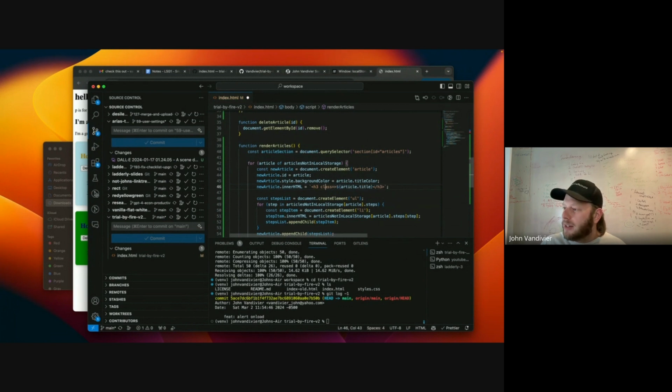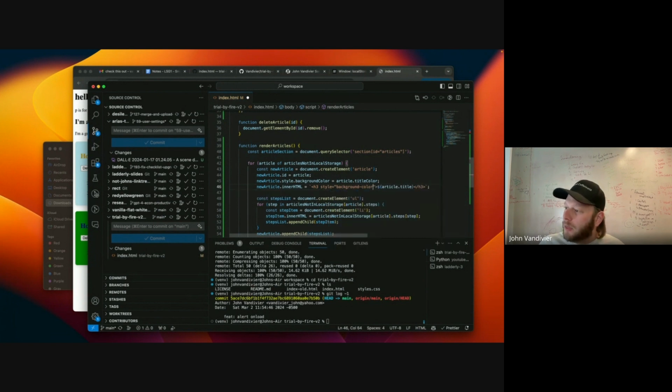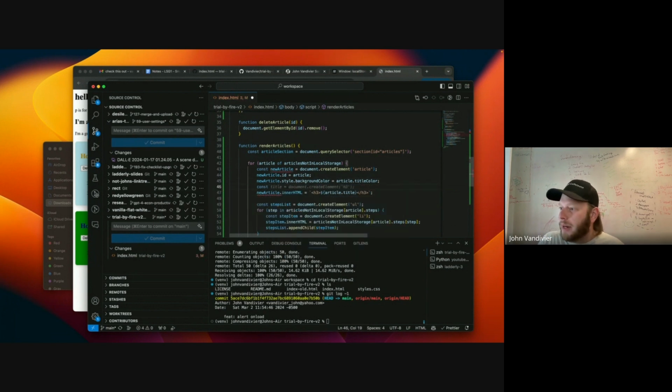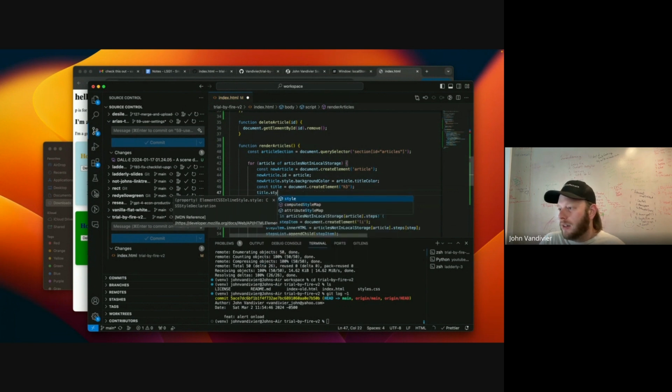Another option is that I can use an inline style. So here I can say style, background color, and do the article title this way. Okay. And the third option is that I don't write it in HTML at all. I make an element like this, and I style it like this.